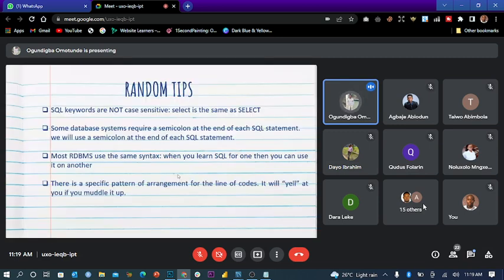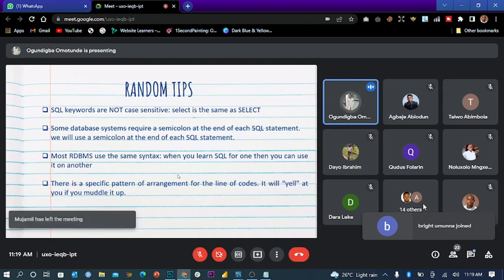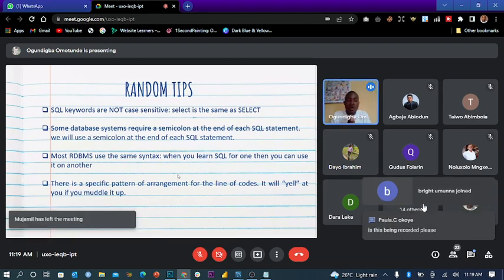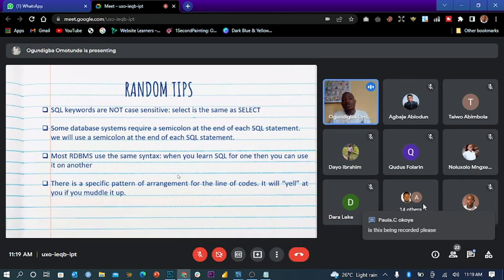You should not be scared that when you learn SQL syntax for a specific software platform like MySQL, you might not be able to use it on PostgreSQL, or let's say PopSQL or SQLite or what have you. You can transfer the same knowledge of SQL you know in MySQL to other platforms. So you shouldn't be scared. When you know SQL, you know it.